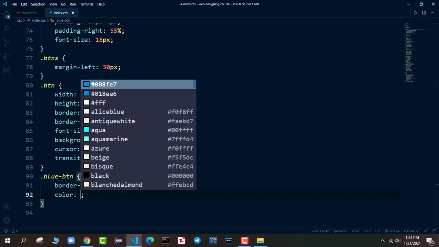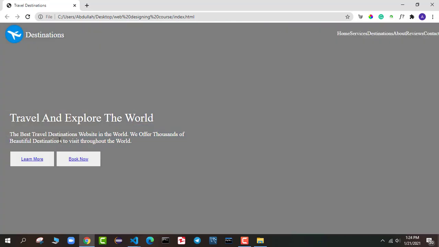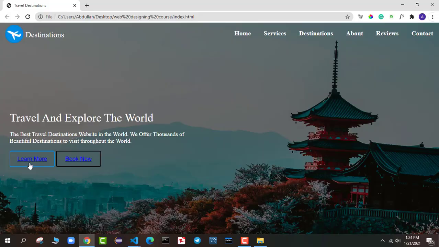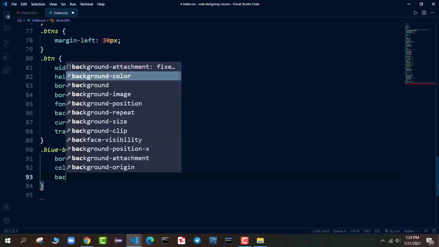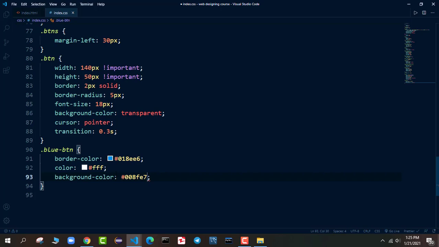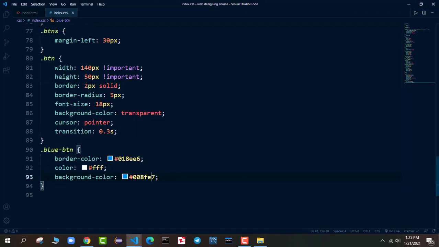I want the text color to be white, so I will say hash FFF. Now this is the blue general class, but we have an anchor tag inside this one, so we will style them later. And after that I want the background color of this blue button to be this one. So you can see this is the background color that we have.